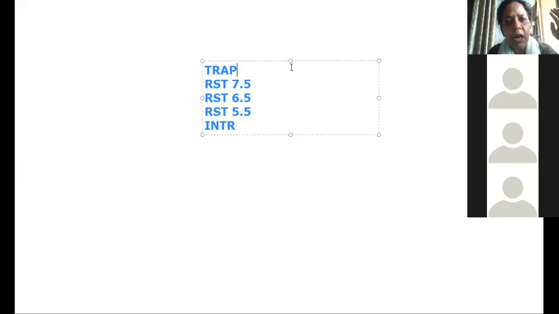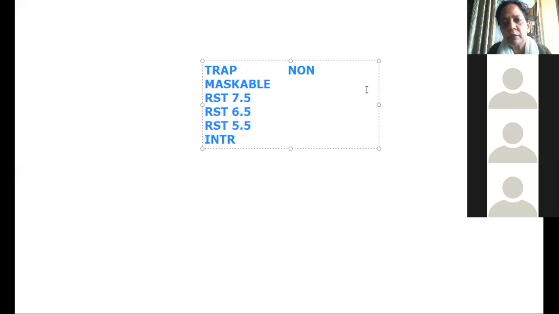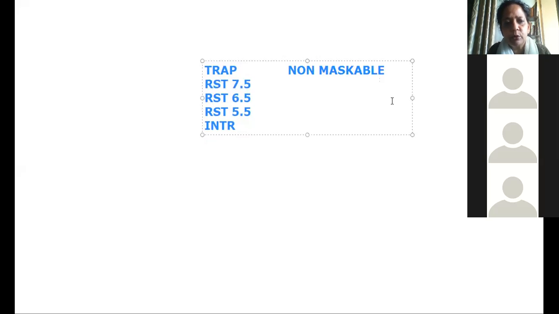So TRAP is the highest priority hardware interrupt, and it is also called the non-maskable interrupt. When you talk about maskable and non-maskable interrupts, maskable means you can mask it, you can avoid it, you can keep a mask on that, so you cannot see it. When the microprocessor masks the interrupt, it cannot see it. It can avoid it or keep it pending when it is a maskable interrupt. But TRAP is a non-maskable interrupt. Suppose the power goes off. Power off or the reset button is one type of TRAP interrupt.